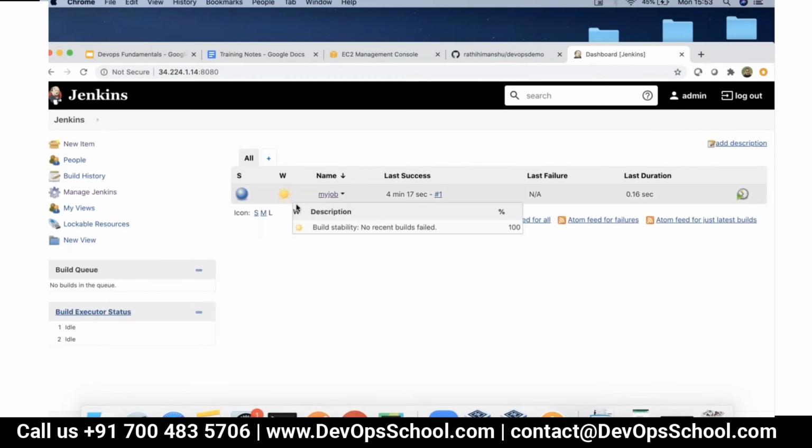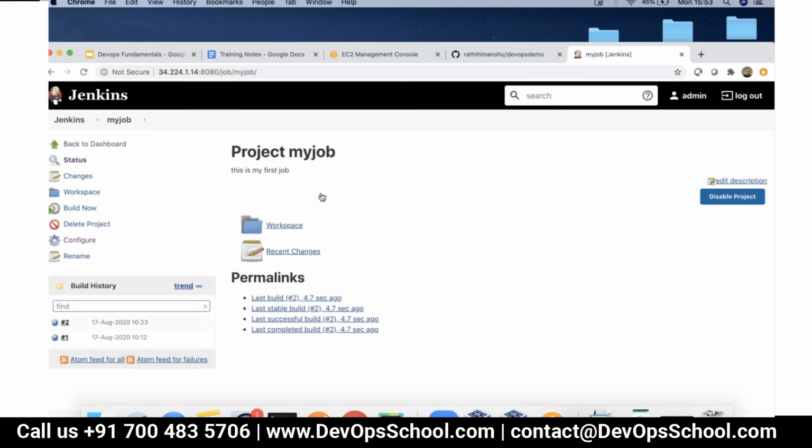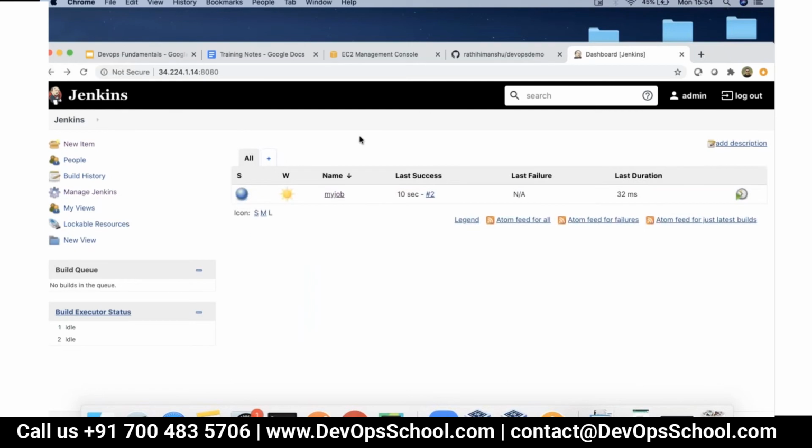See, once you have configured the job, do you see this green icon in front of it? You can click on this, or you can also click here and then click on Build Now. So when I click on this, notice one thing. The build has started, and now if I go to my job, I should see two builds there. All right. Thank you. So this was all about a manual build.